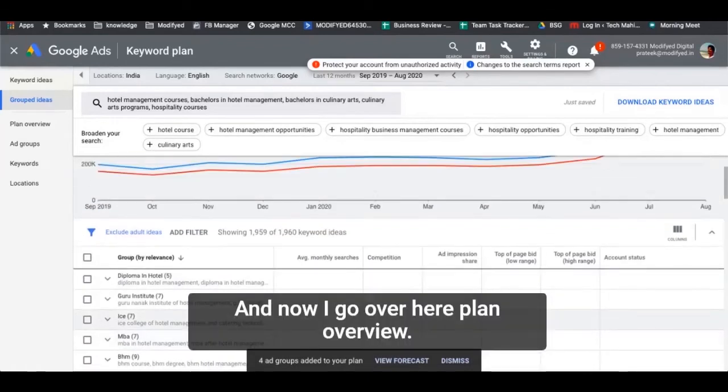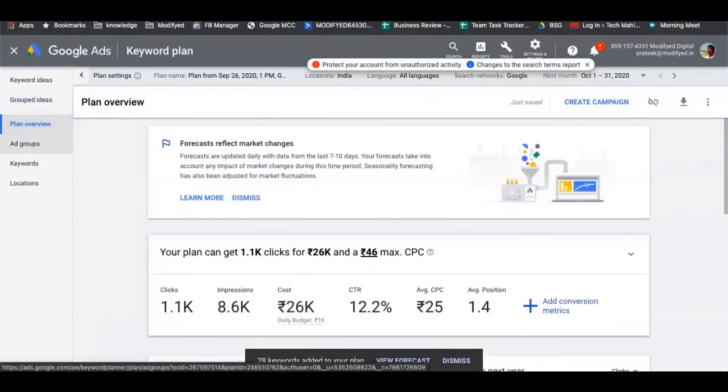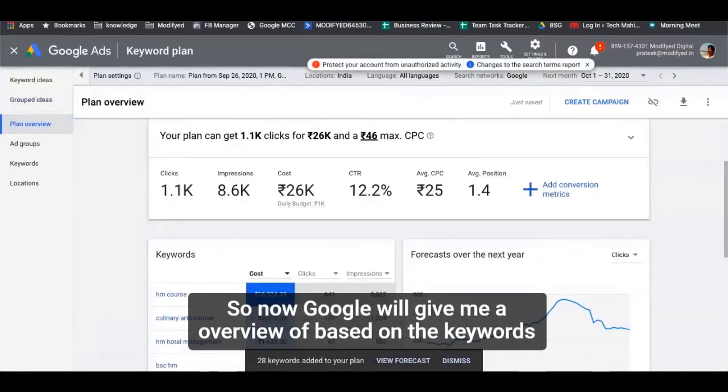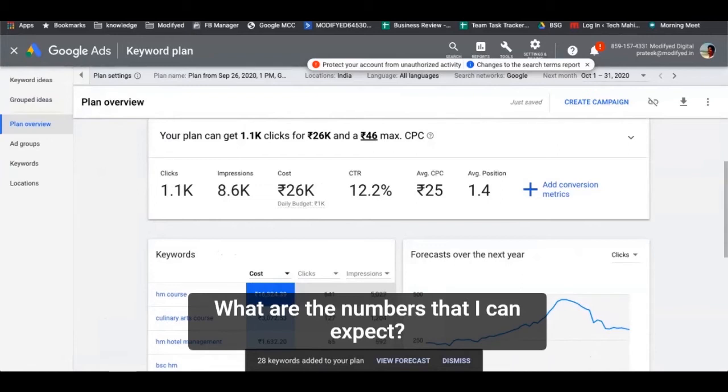and now I go over here, plan overview, right? So now Google will give me an overview of, based on the keywords that I've chosen, what are the numbers that I can expect, right? Which is what we use in our media plan.